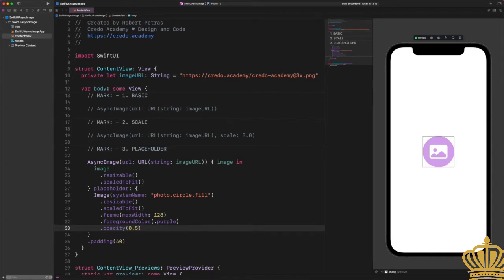What do you think about it? It's pretty obvious that our own implementation for the placeholder is much better than a blank gray sheet. However, we must keep in mind one important thing about these modifiers. We cannot apply image-specific modifiers, like resizable, directly to an AsyncImage. Instead, we must apply them to the image instance that our content or placeholder closures get